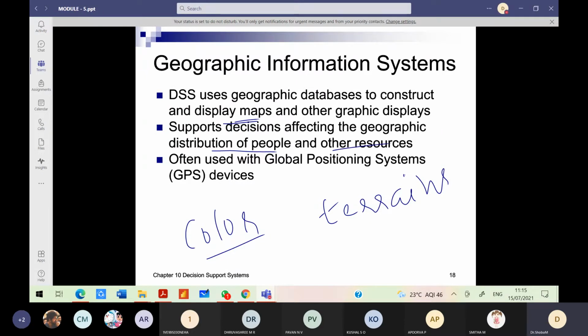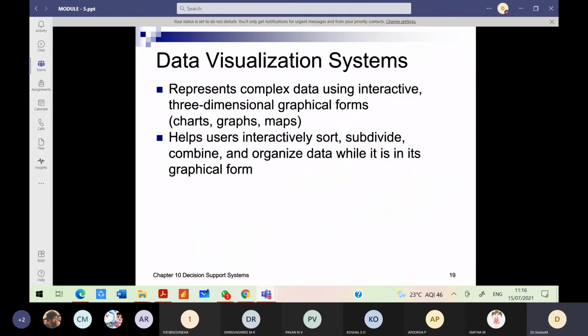We all know GPS, global positioning system devices. GPS is widely used now and is embedded within various devices. Definitely it is there in our handy device, the mobile. It's left to the user whether to enable or disable the GPS. When we use applications which require location tracking and it has been disabled, we get a pop-up message saying that location tracking services are disabled, kindly turn it on. So it is again application based.